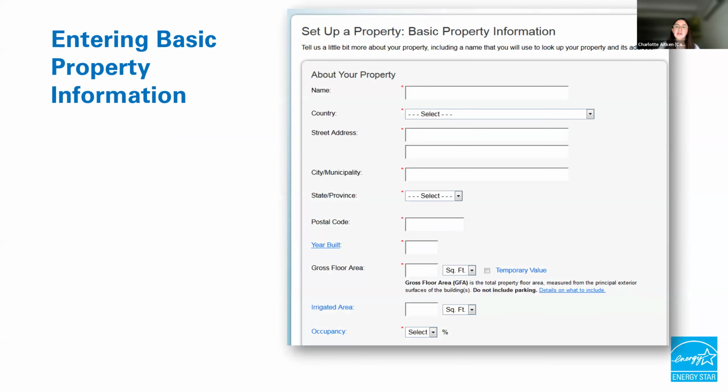On the next page, you'll enter general property information, including property address, size, gross floor area, and occupancy percentage. There are different ways of measuring gross floor area, but in Portfolio Manager, it is the total property floor area measured from the principal exterior surfaces of the building, so the exterior walls. If you select the link next to gross floor area on this page, it'll take you to a page with